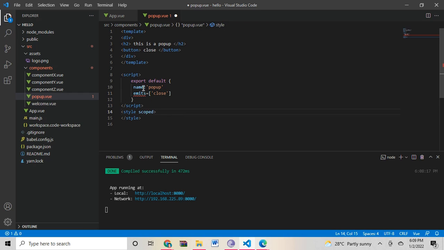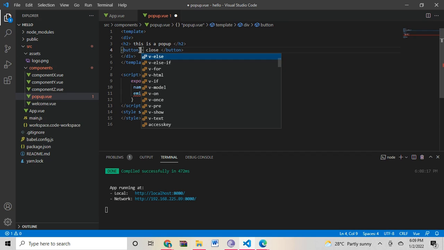So emits colon close. This is the syntax. And in the button, if you click it, it should be closed, so it emits the custom event. Here the custom event is the close event. At click, if you click this button, it emits the close. So close is a custom event here.